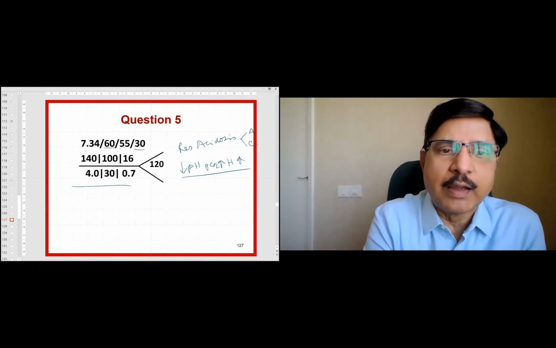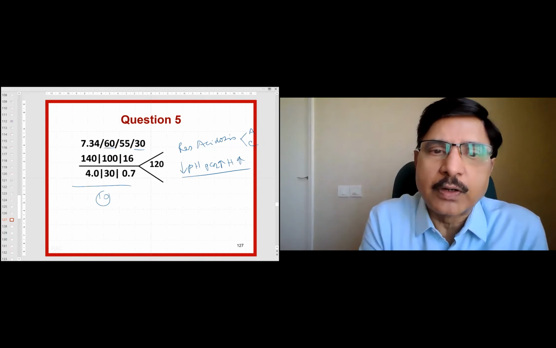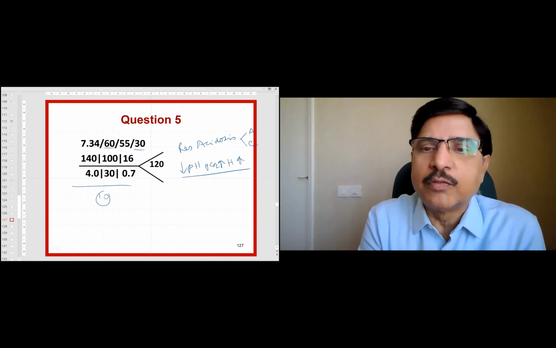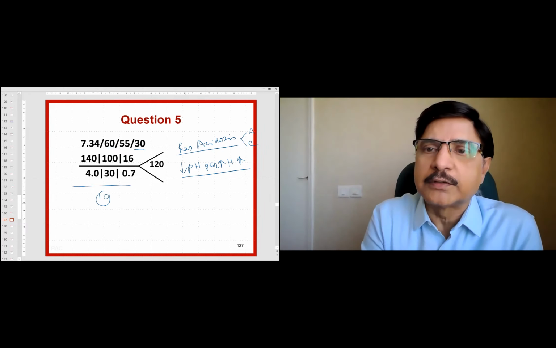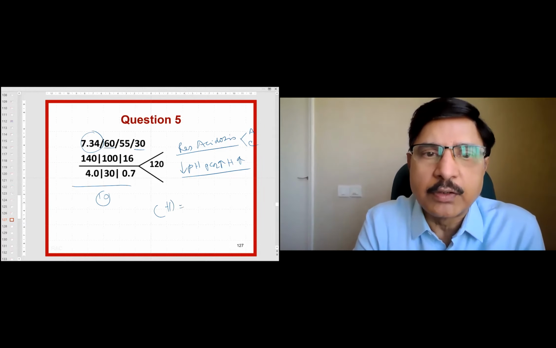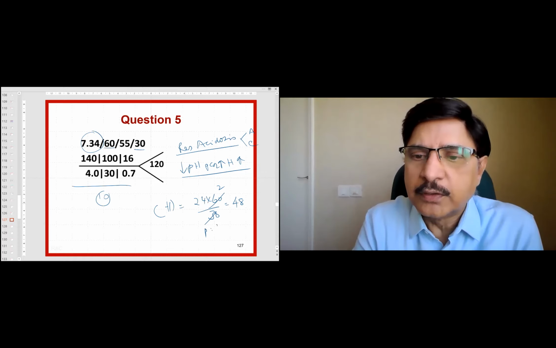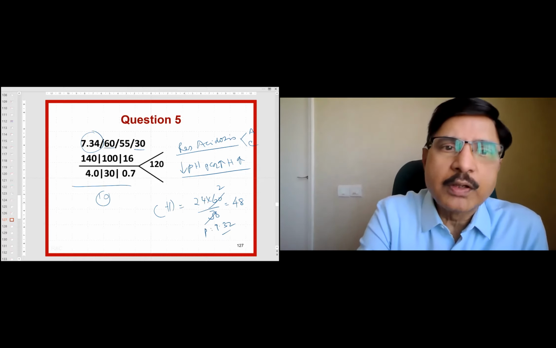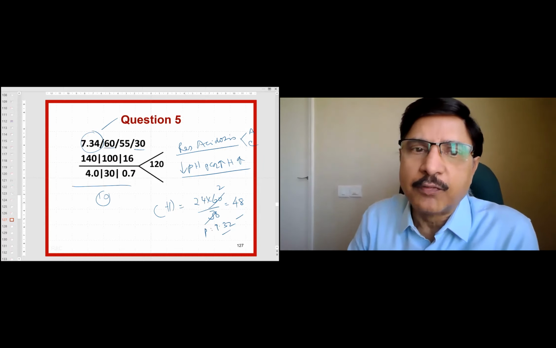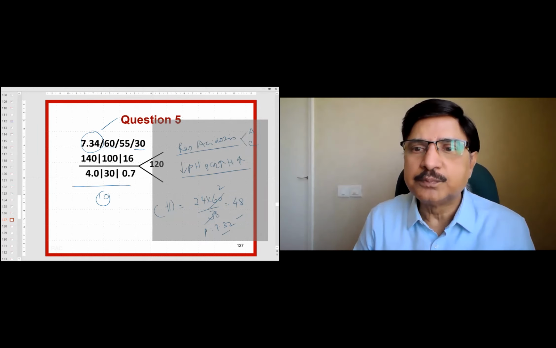Now look at the anion gap: 140 minus 110 minus 30 gives 10, so there is no anion gap abnormality. So we are not dealing with metabolic acidosis but with respiratory acidosis. But let us verify whether the data is consistent. Hydrogen ion concentration is 24 multiplied by 60 over 30, which is 48. H of 48 corresponds to a pH of 7.32, which matches 7.34, so the consistency of the data is verified.